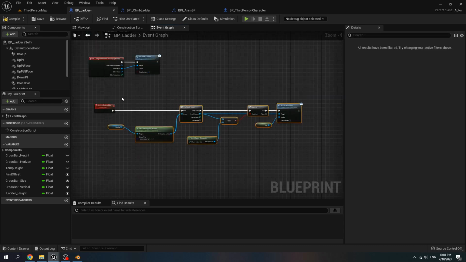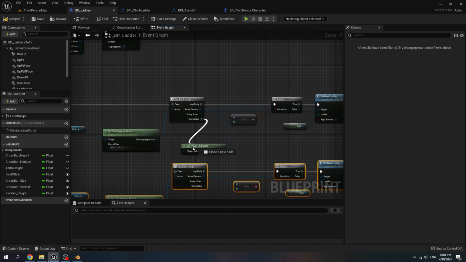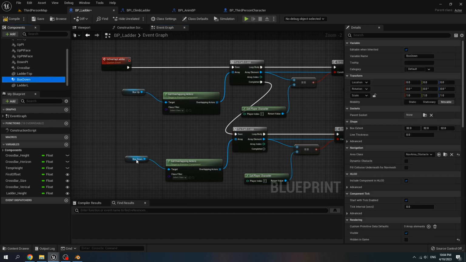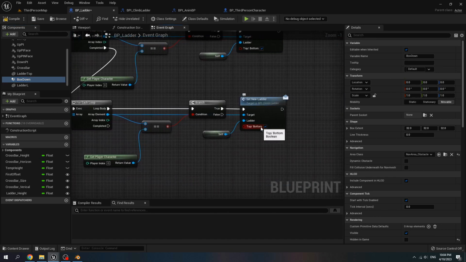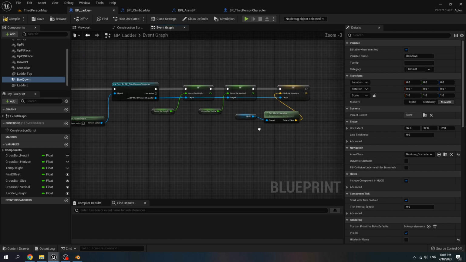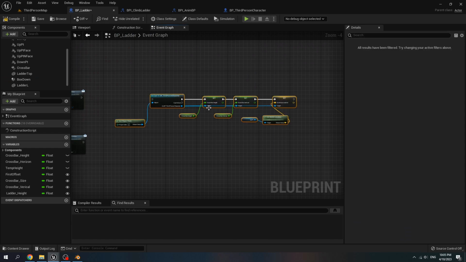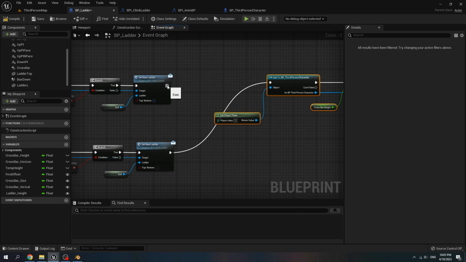Copy this and paste it. After it complete, we get box down. Use it instead of box up. And for each loop the same, but we set the top bottom to false. And then we copy this cast to third person character and set the variable of this third person character about our ladder. Connect these two to the cast.